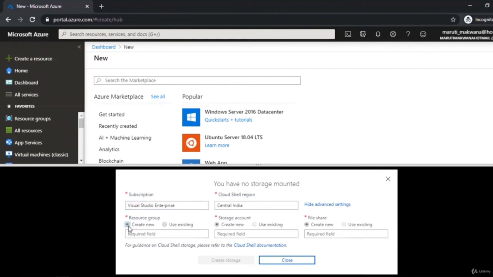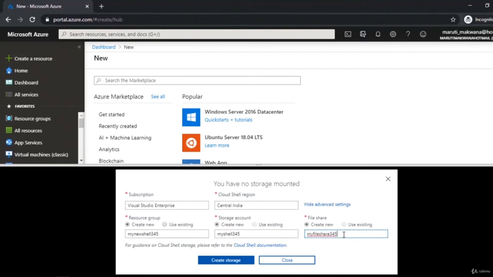I'm going to click on Create a New Account, and I'm giving my new shell 345. That's the name of the resource group. For the storage account name, I'm giving my shell 345, and for the file share inside that, I'm giving my file share 345.